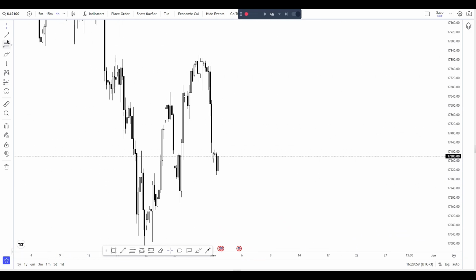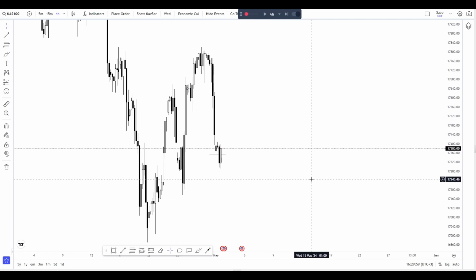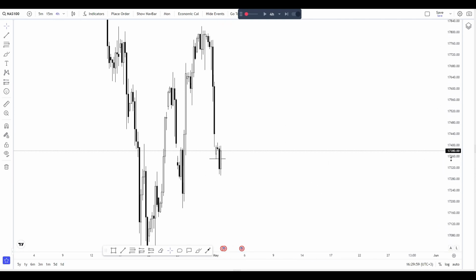But locally, I can clearly understand that I want to see price higher, because I can see the work with liquidity right here, and also I can see those fair value gaps right here. And price will always want to work with liquidity, and it always wants to work with fair value gaps. So if it worked with liquidity right here and it has a lot of fair value gaps higher, then probably